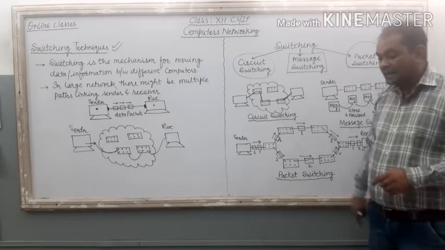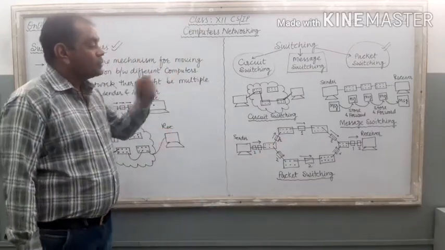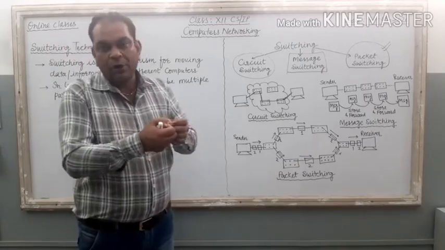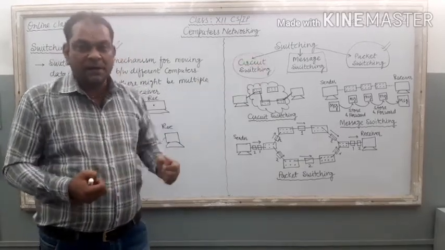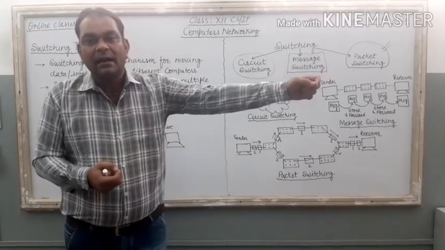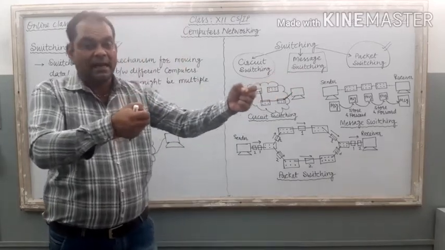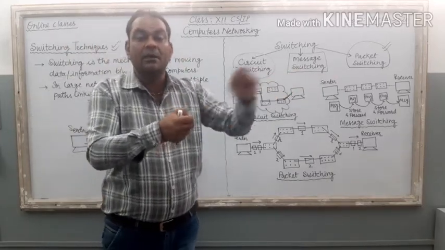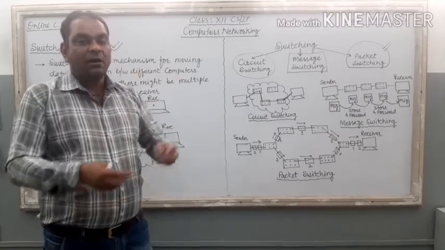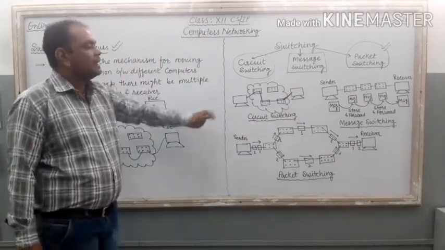Done? The example of this circuit switching technique is voice call. Clear? In a voice call, very first, when we are going to call a specific person, we will dial the number, then the ringtone is there, and then once both the nodes or both the mobiles are connected, then the data communication or voice communication takes place. And then when we disconnect the phone, this circuit is removed. Clear? It is known as the circuit switching technique.